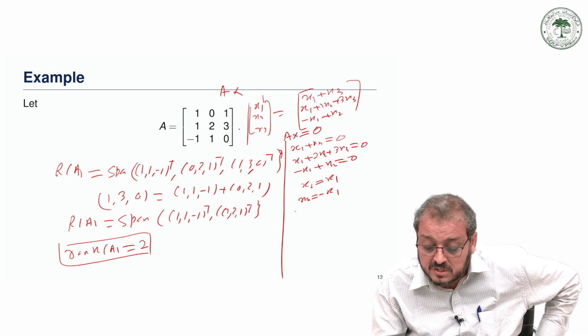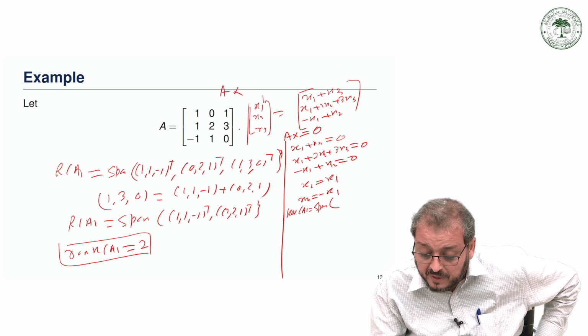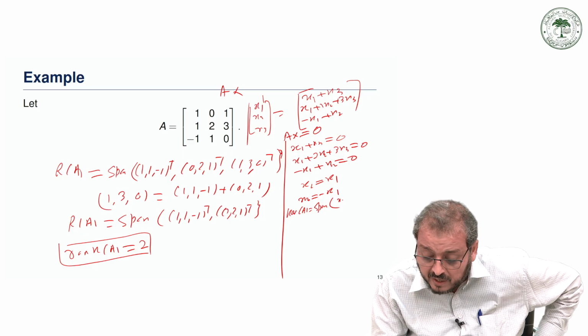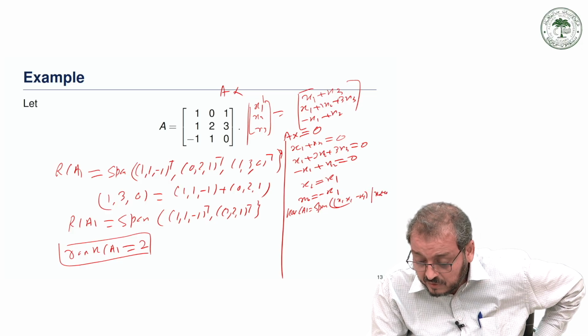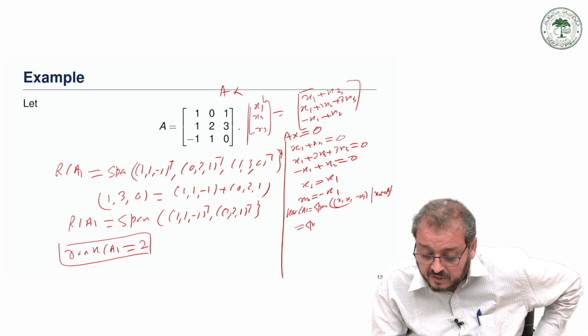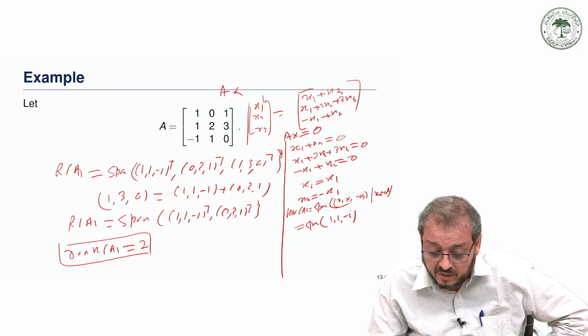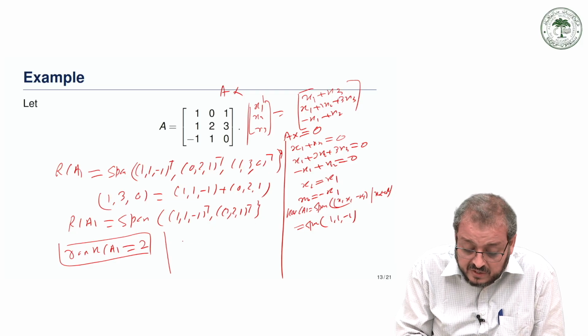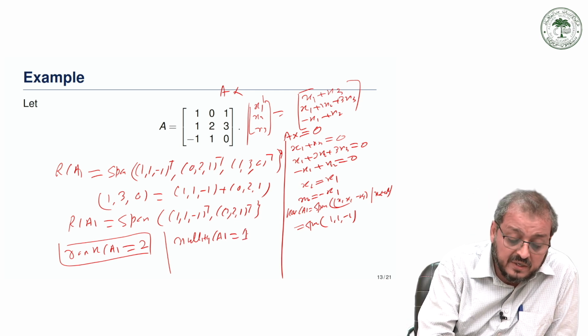Okay. So this means the kernel of A is nothing but equal to the span of all the elements (x1, x2 = x1, and then minus x1) such that x1 is an element of R. This can be written as the span of (1, 1, minus 1), and this is a non-zero vector, so it is linearly independent. Then clearly we can say that the nullity of A is equal to 1,